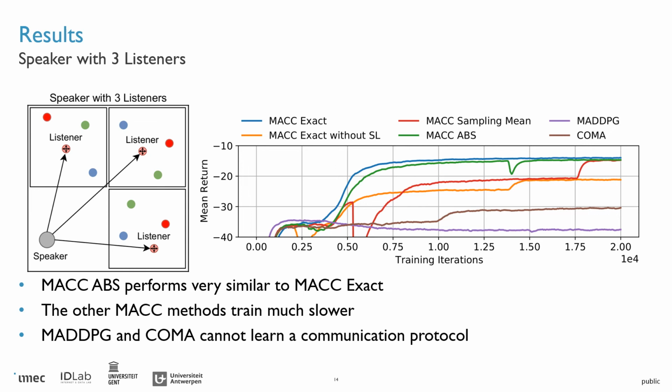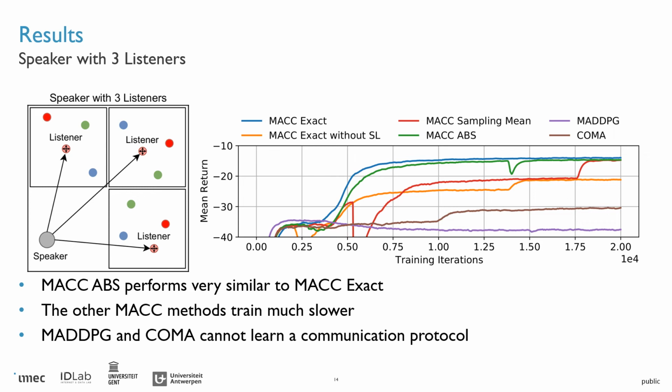The next scenario of the particle environment is a speaker with 3 listeners. In this scenario, there are 3 listeners that have to navigate towards their own target landmark. This information is only available to the speaker, so the speaker has to communicate their target landmark to all the